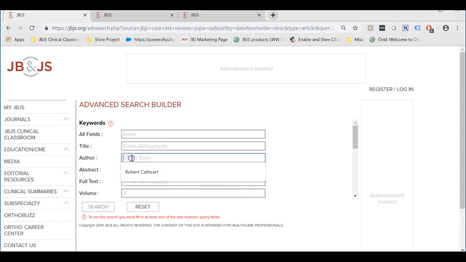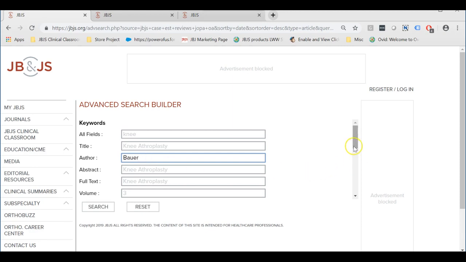Now let's run a sample search. Suppose that you wanted to look for a basic science article by Dr. Bauer that appeared in JBJS sometime during the 1990s. Simply type in the author's name into the author field,